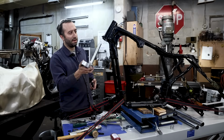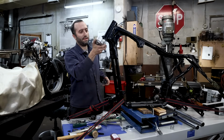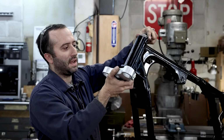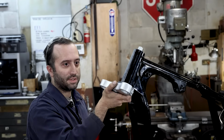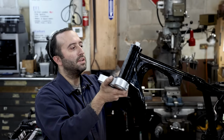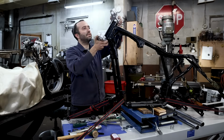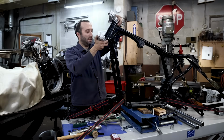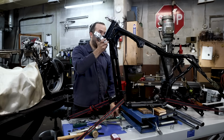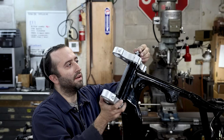we're going to slip this in the bottom. Make sure you don't let the bearing fall out, and that the tang from the fork stop is going to slip into the plate that's bolted to the tree. Put your dust shield on the top. We're going to fit our tree into place and leave that a little loose, and then thread on our